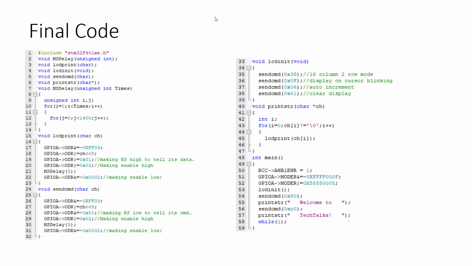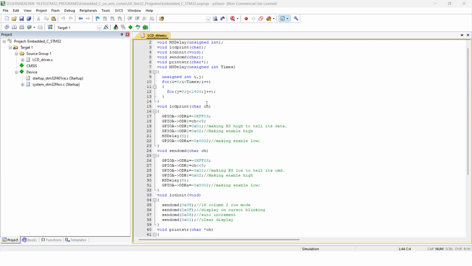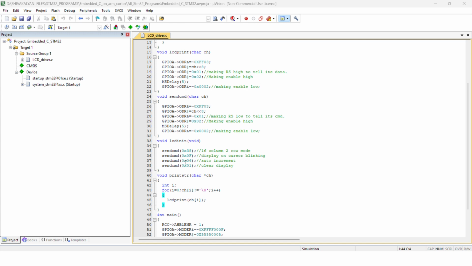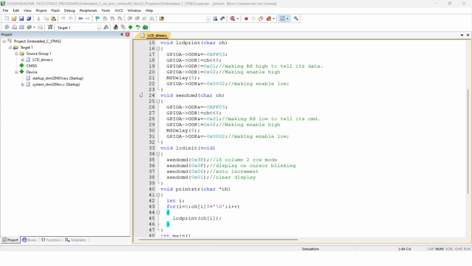And now we will see how the Keil works. We'll go to the Keil MicroVision IDE, and then we'll see the code, and then we'll see the Proteus simulation also. So this is the LCD driver code. We have the MS delay function and all the remaining driver functions, and we also have the main function. Once you have done all this, you have to translate it and then build it, and then you will go to Flash, Configure Flash Tools,